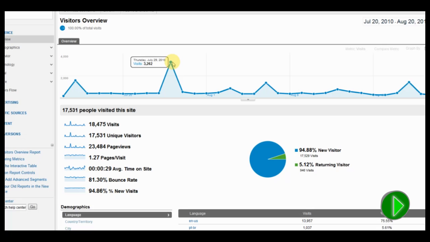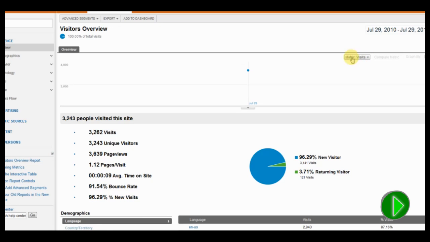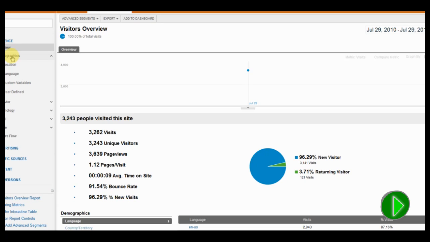So we're going to want to hone in on that specific day and try to find out more information about it. It was July 29th, so all you have to do is pull down your calendar, click on the date, hit apply, and then it'll be able to provide information just for that specific day. From here, you can get information from Google Analytics, anything from demographics, which is going to basically be the geographic location where people are coming to. Now, how Google Analytics pulls that information is usually from your IP address, so maybe if you're using a proxy, it won't pull that information.